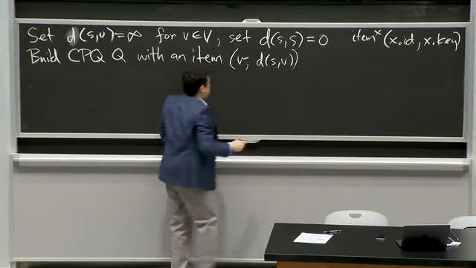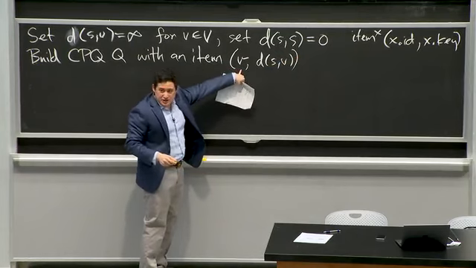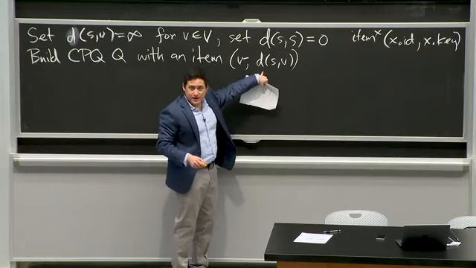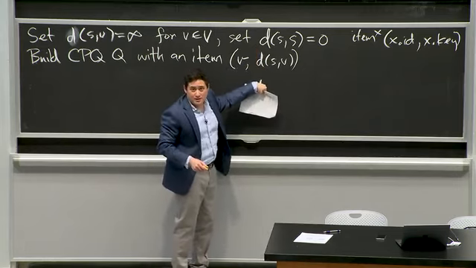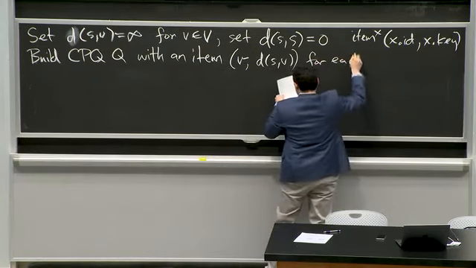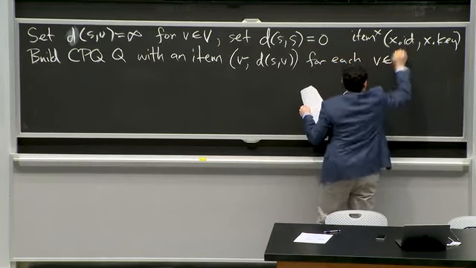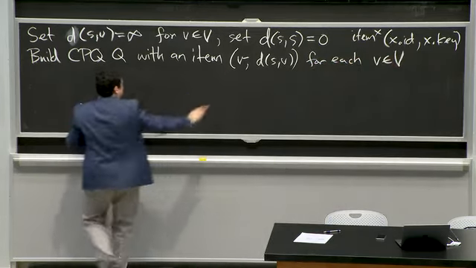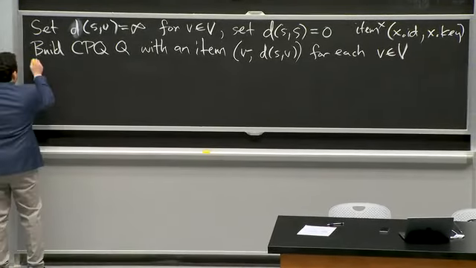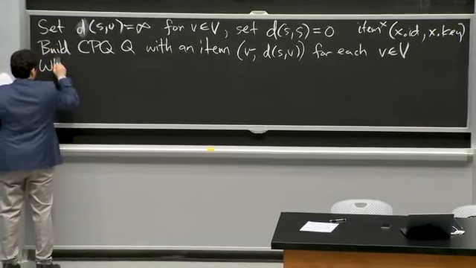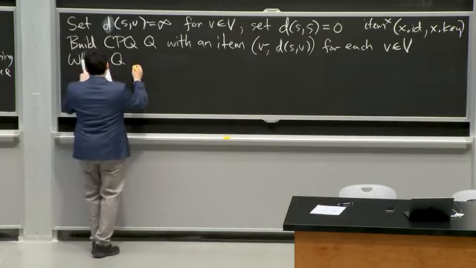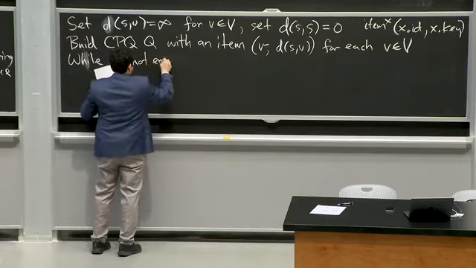So I'm going to be storing in my changeable priority queue the vertex label and its shortest path distance estimate D, and that's going to be the key, the minimum that I'm going to be querying on, for each V in V. So I'm going to build that thing. It's going to then have all of my vertices in my graph. Then while my changeable priority queue still has items, not empty,